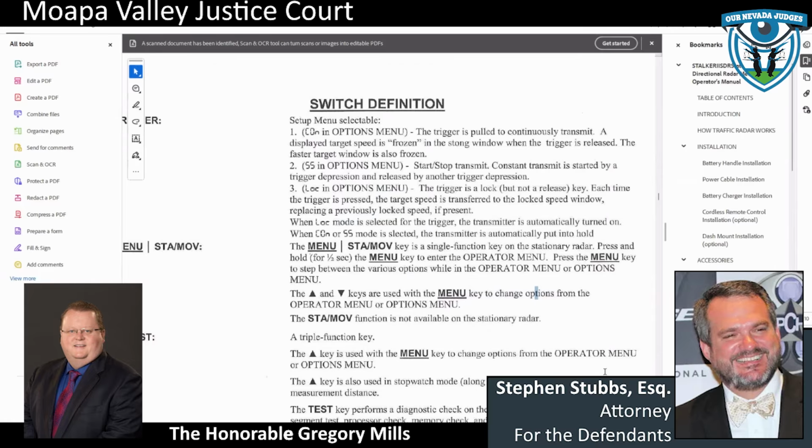Each time, in number 3, each time the trigger is pressed, the target speed, the one on the left, is transferred to the locked speed window, replacing a previously locked speed if present. Press it again, it moves over.